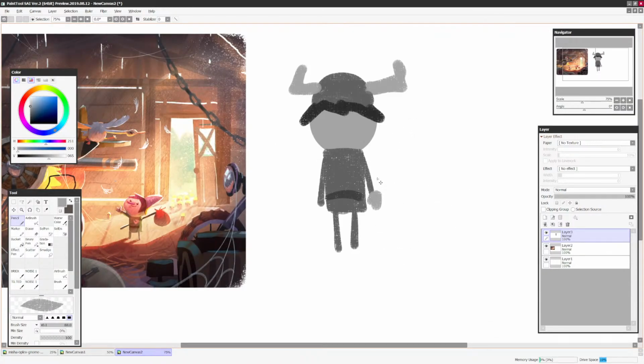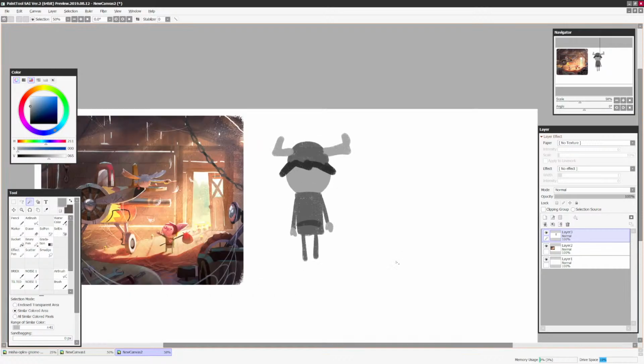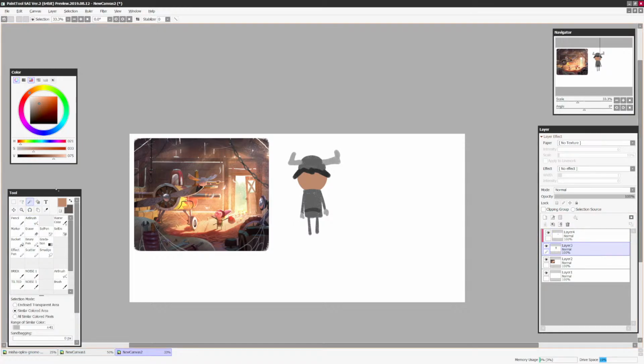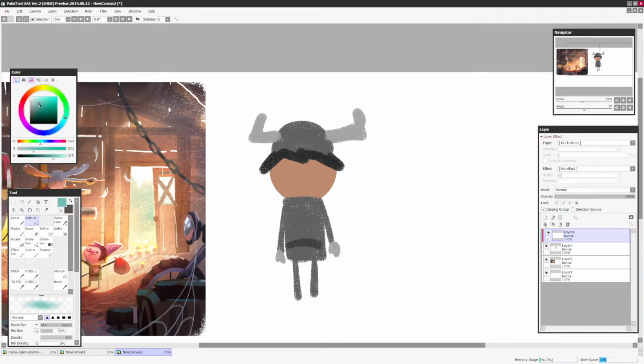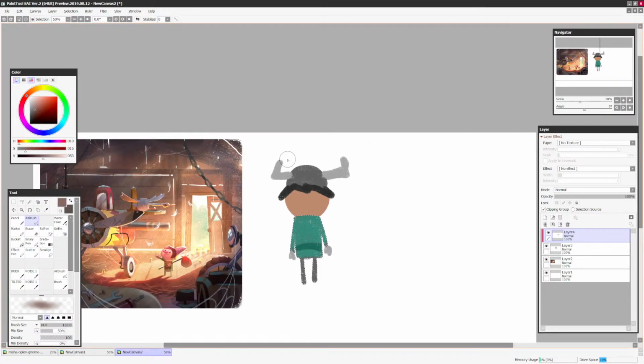Now we can go different ways. Some people will use this under sketch, and remember we did it in the previous thing. They will just lasso tool the value, because the values are so clear. Then they will paint in the local color of the guy, and they will do that with each object, technically. So for example, then we have his thing here, then maybe the belt is going to be a darker version of this, and this thing's probably going to stay gray, and this thing's maybe going to be something like this. We did it just by color picking and knowing what we needed to